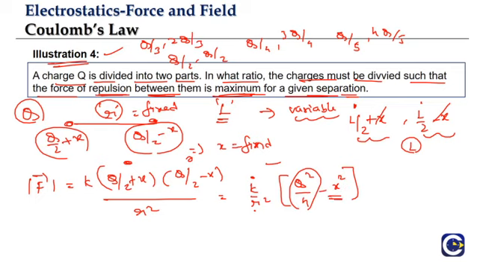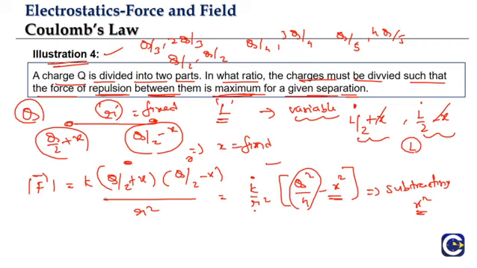If you look at this expression, what we are saying is k by r square into q square by 4 minus x square, means we are subtracting x square. And whatever be the value of x, if we have x as, say for example, minus 0.5, x square will become positive. So we are subtracting some value. So definitely the force is going to be lesser. If you take x is positive, let's say x is 0.1. I mean, we don't know what is the value, but I'm just saying some number. So if I say x is equal to 0.1, then 0.1 square, again we are subtracting it.